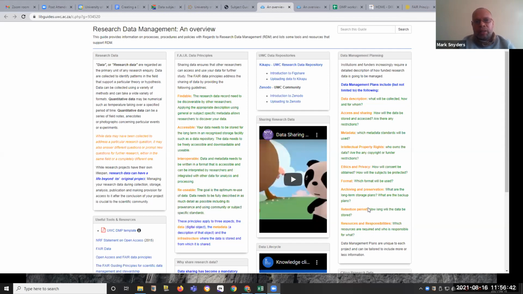So when it comes to Kikapo or Figshare as a service that we pay for, we can hold Figshare accountable if something strange goes wrong with regard to data possibly going missing from the platform. With Zenodo, because it's a free service, we don't have a lot of control over it. We don't have curatorial control over the data that gets uploaded to Zenodo.